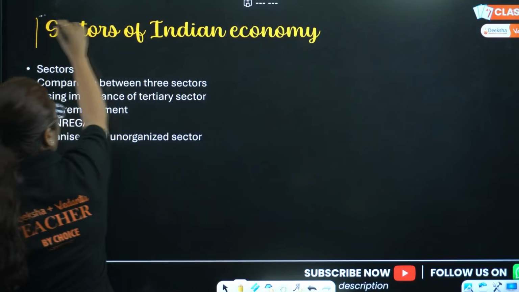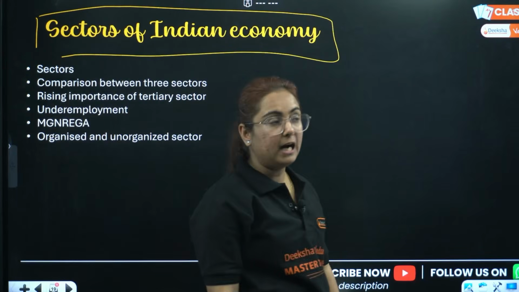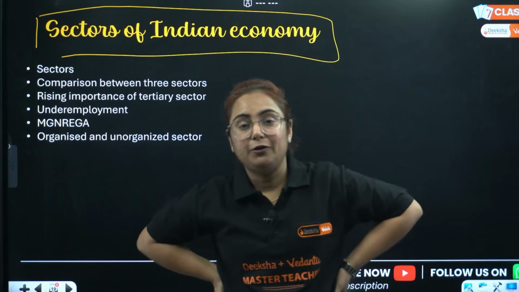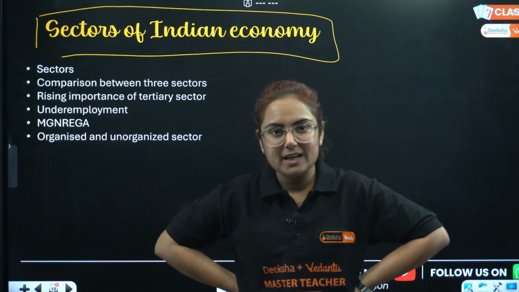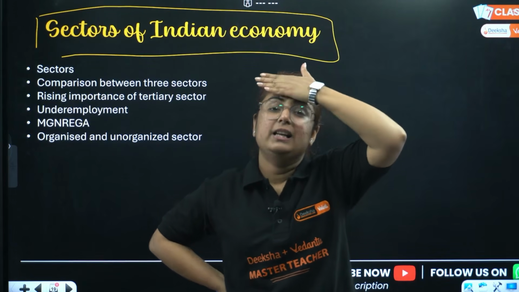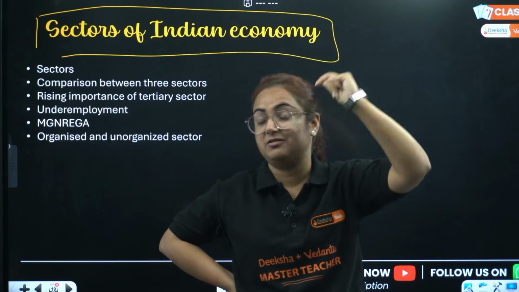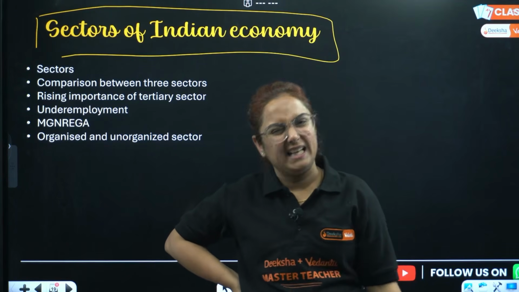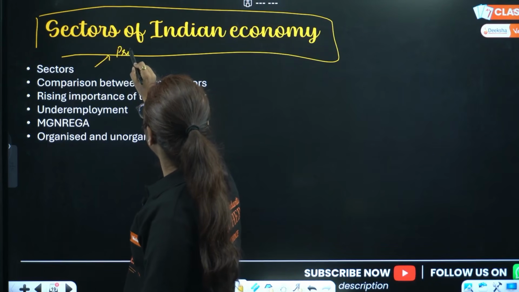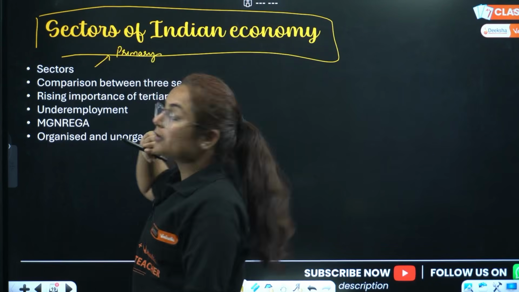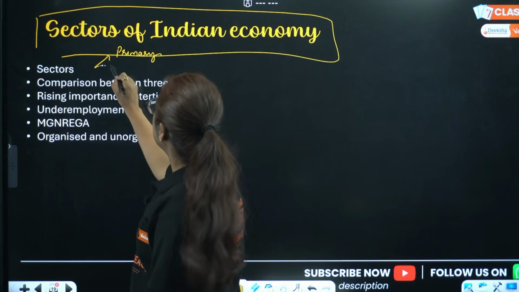I am moving to the second one, that is sectors of Indian economy. The next chapter is sectors of Indian economy. So how many sectors are there? Do you guys remember? We are studying this since childhood. Like I was teaching this to a 6th standard student and she was just telling it very fast, very nicely. Easy, eh? So if I talk about sectors, there are 3 sectors. Primary, in which raw material comes from natural resources. Secondary